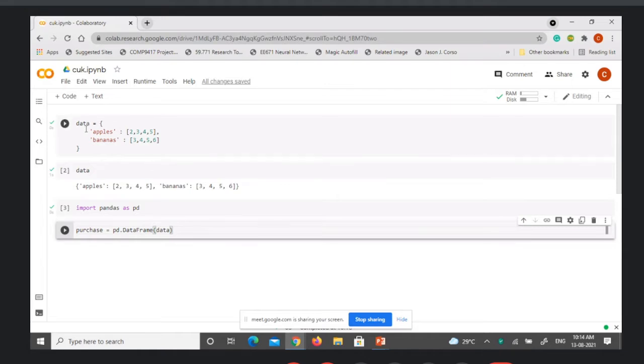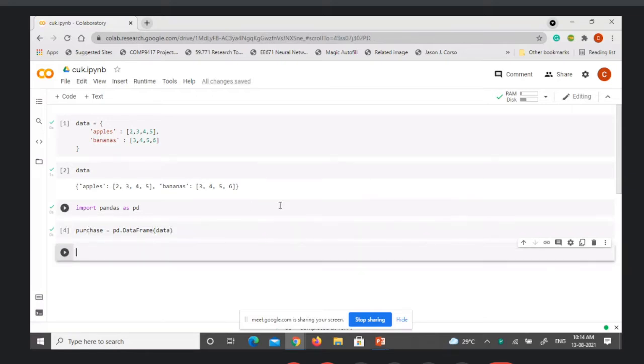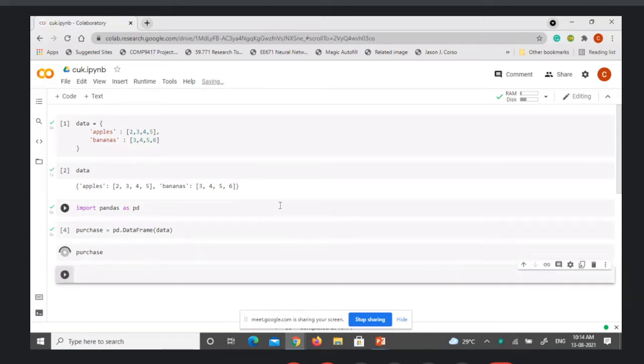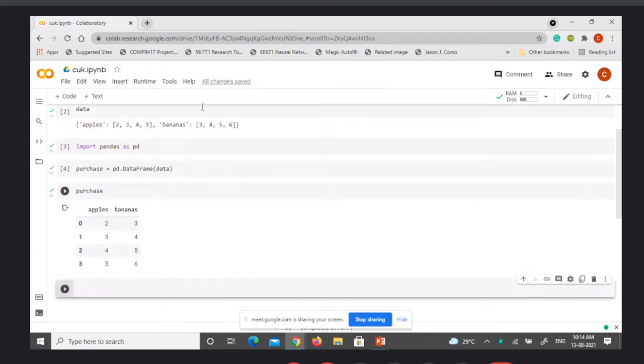The data which is created here, we pass to the DataFrame method of the pandas object, and whatever this returns will be stored in the object purchase. Now if you say purchase to display, you will get the same data in a tabular form.